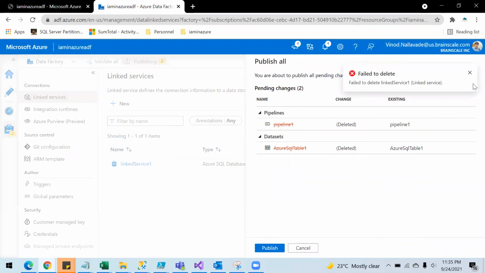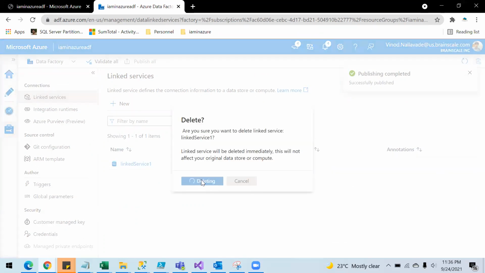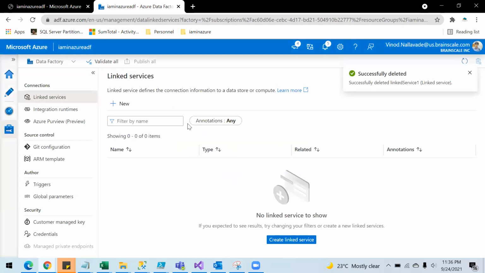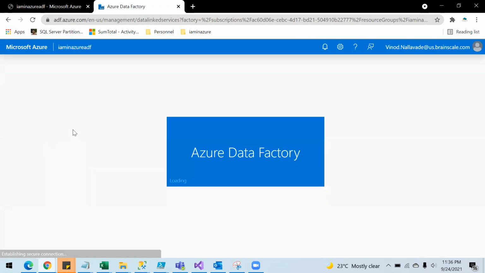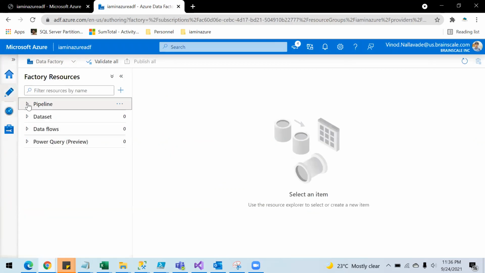Publish. Yes, all of these are deleted. Now my ADF service is completely empty. Let me refresh and show you that. There are no linked services listed here, and we don't have any activities either.